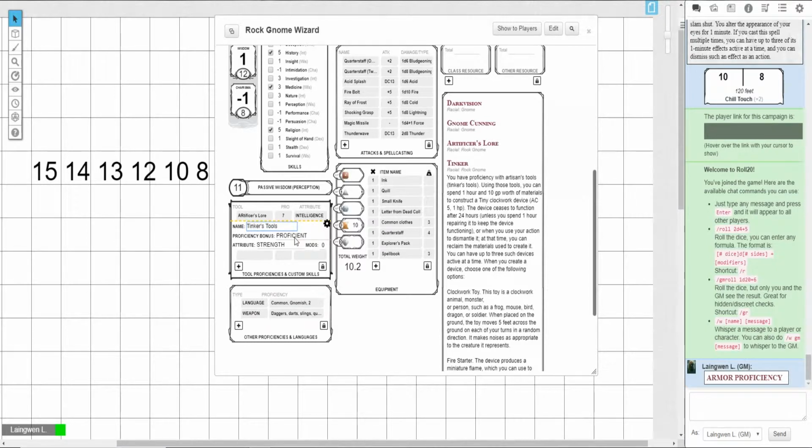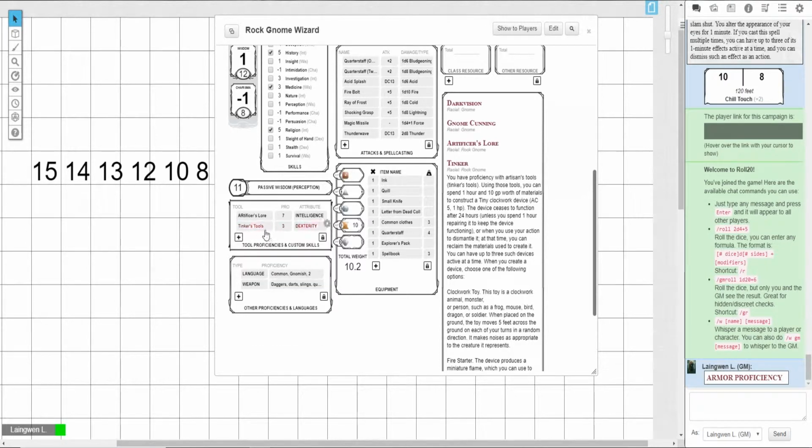We are proficient, and I feel like that might be a dexterous move, or maybe intelligence on how to put it together. You can always ask your DM. We'll just leave it dexterity